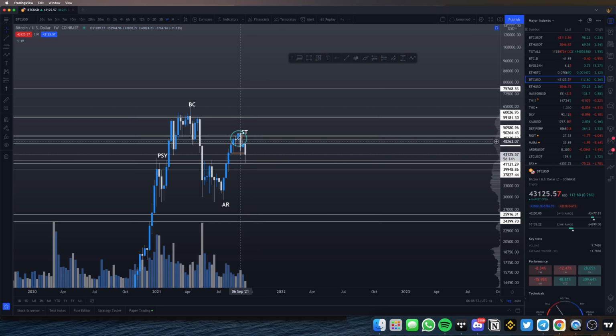You don't even need, even if it retraces all the way back to, I don't know, 35K and bounces, it would still be a higher low and potentially a higher high, or maybe it's just going to go for a lower high, and then you're going to get sort of like a consolidation, right? Assuming something like this happens, then you're going to get a consolidation, and if something like this were to happen, you can just see that it is going to form this triangle pattern,